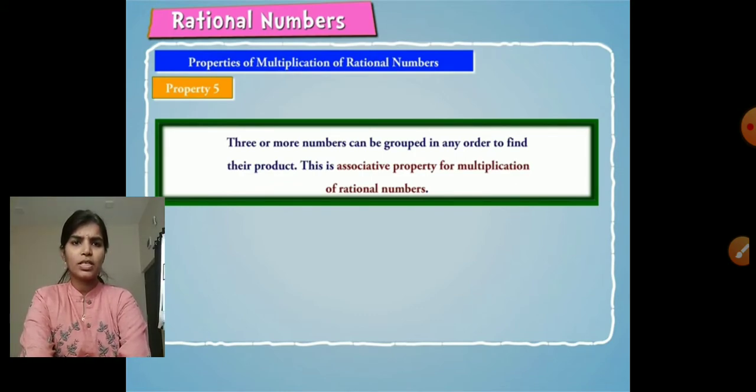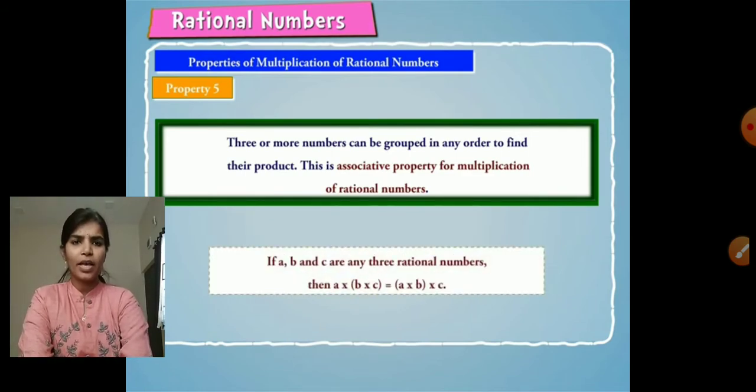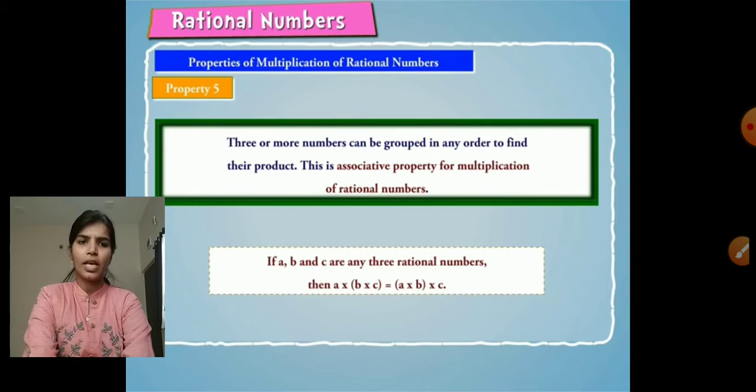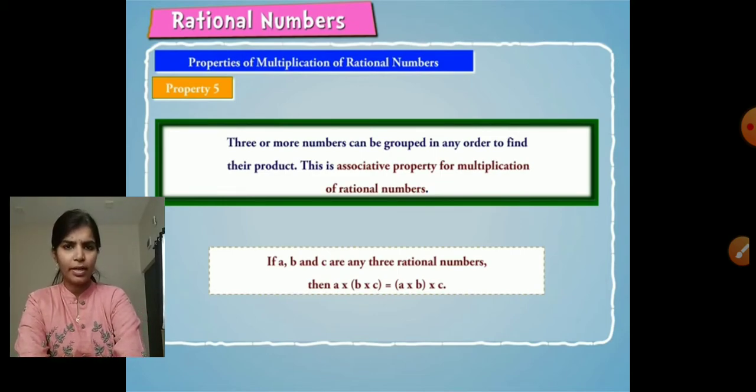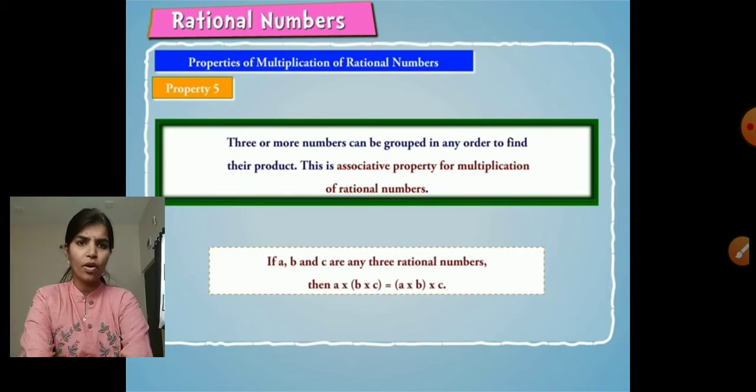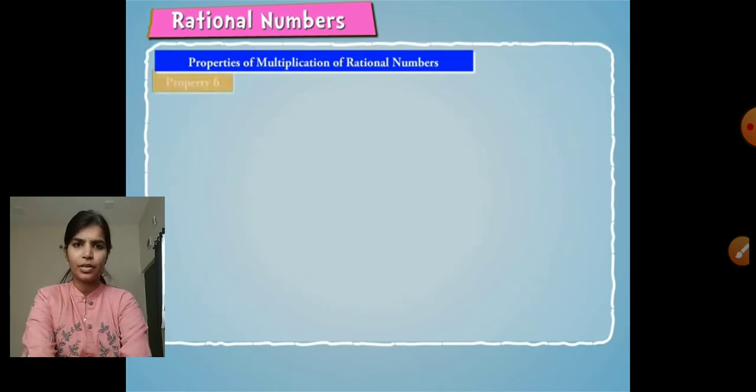This is the associative property of rational numbers. If A, B and C are any three rational numbers, then A into B into C is equal to A into B into C. So no fixed order needs to be followed for the multiplication of rational numbers. Then our next property is